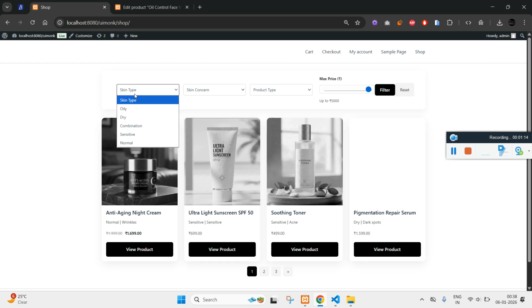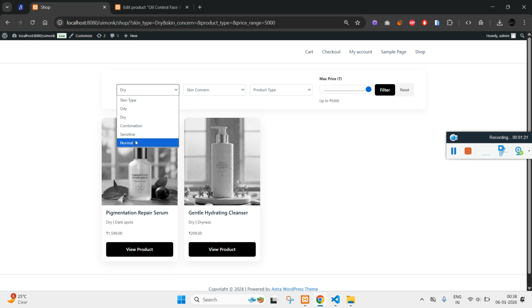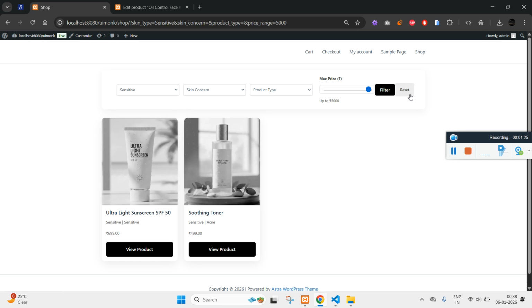And let me choose dry skin. So this product is for dry skin. These 2 products are for dry skin, and this is for sensitive, filtering by sensitive. Click reset,